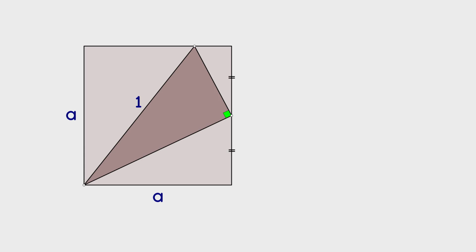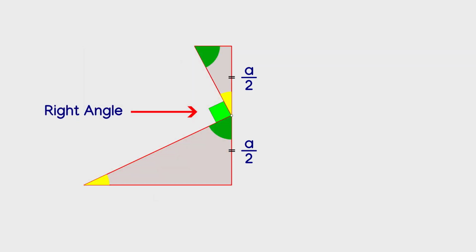The right side is split in half, so each segment has a length of A over 2. The bottom right triangle has legs of A for the base and A over 2 for the height, which gives a 2-to-1 ratio. Due to the green right angle, the top right triangle is similar to the bottom one, sharing